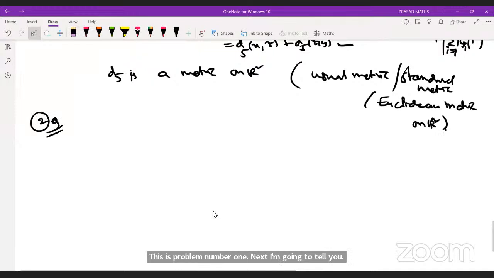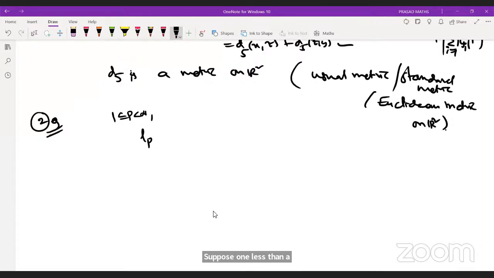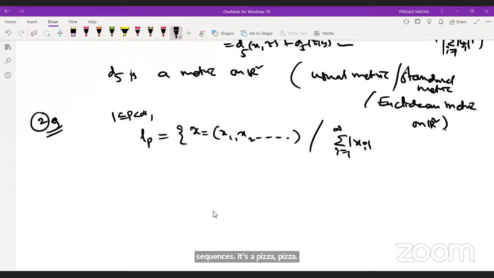You can extend this idea to sequences. Suppose 1 ≤ p < infinity. Suppose my LP is the space of all sequences which are p-summable sequences, the set of all sequences xi such that the series is convergent. In order to understand this idea clearly, suppose p,